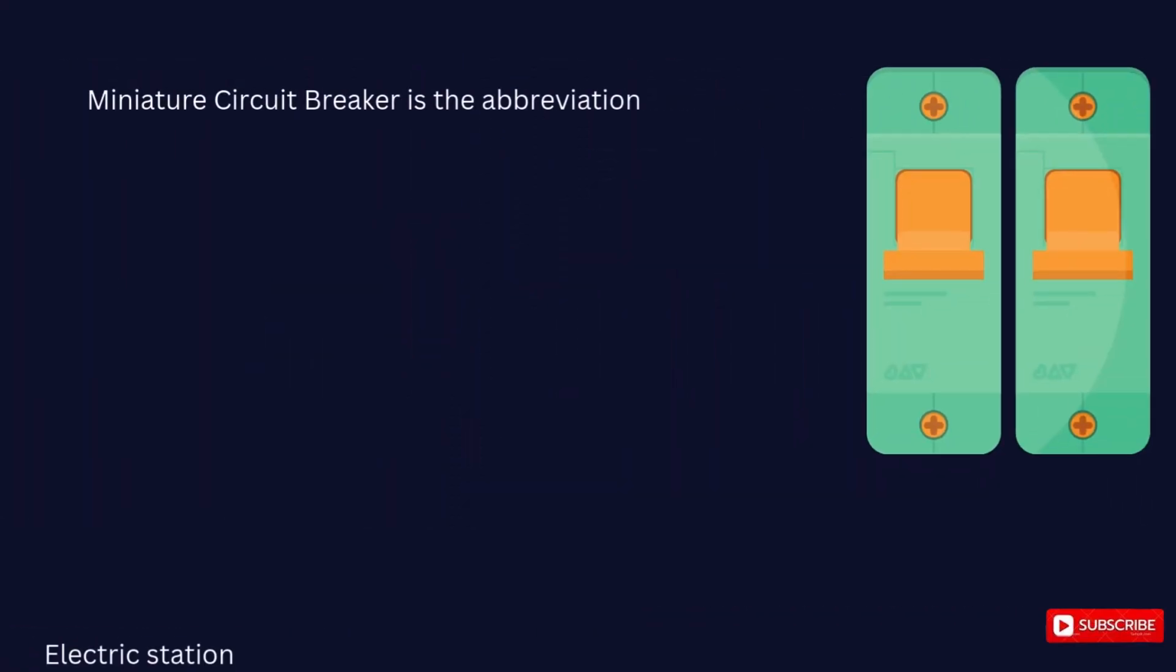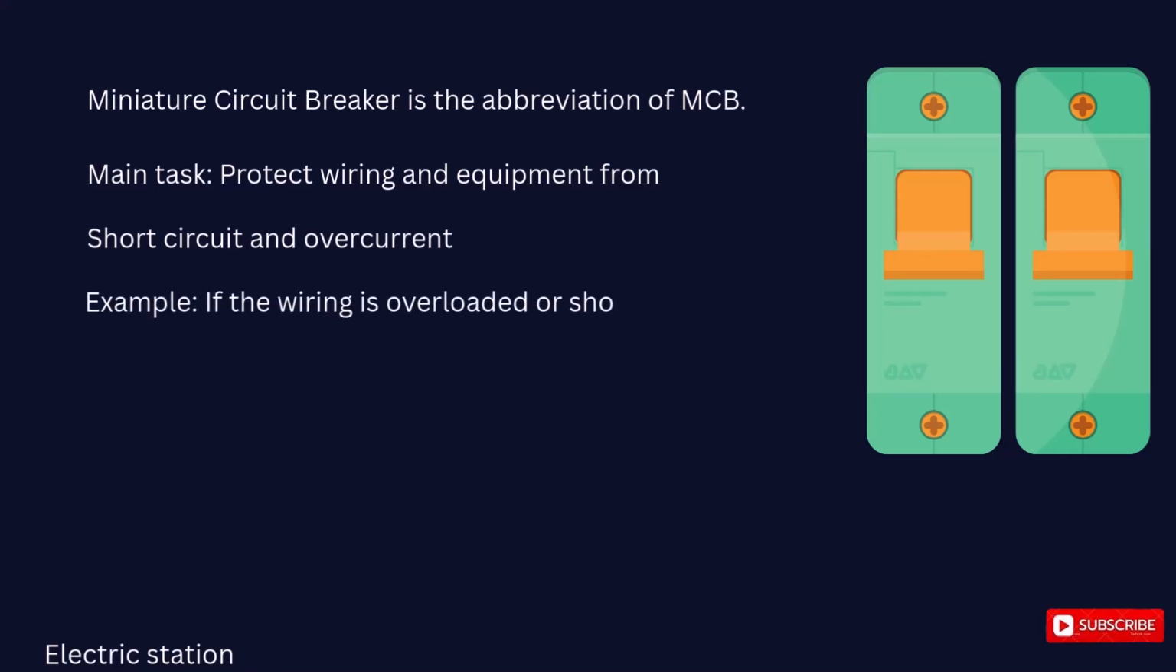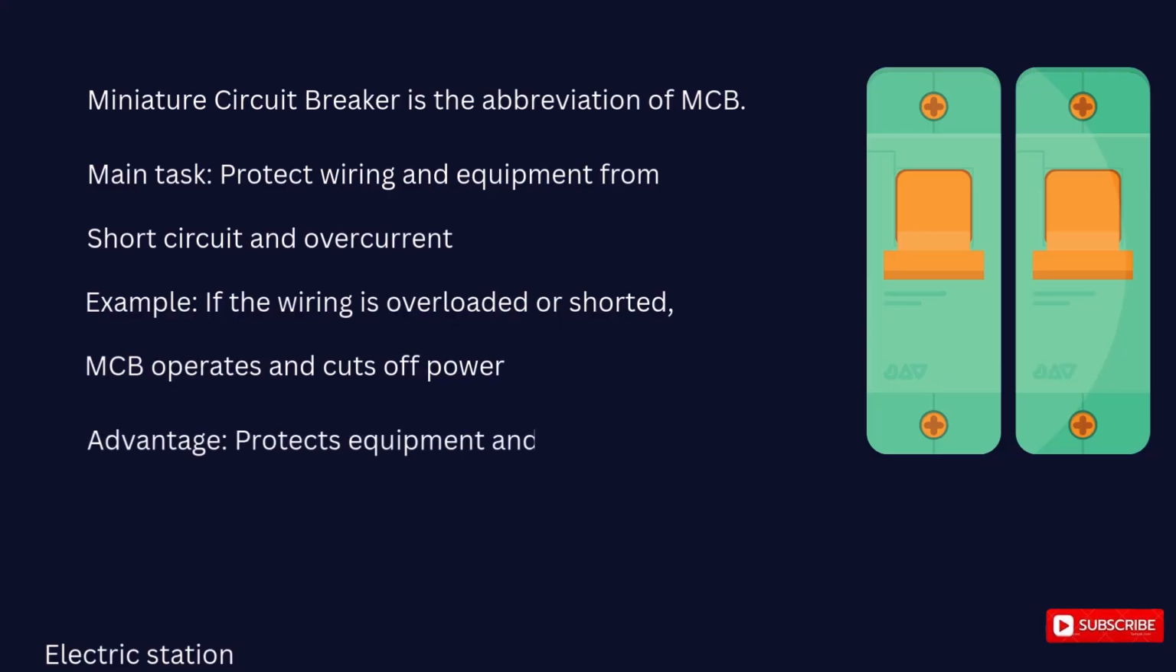A miniature circuit breaker, or MCB, is one of the most important protective equipment in buildings. An MCB is an automatic switch that automatically disconnects the circuit when the current exceeds the allowable limit or a short circuit occurs. The main function of a miniature circuit breaker is to protect wiring and electrical equipment against overload